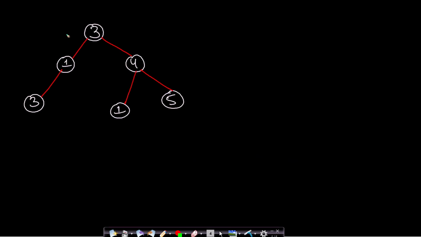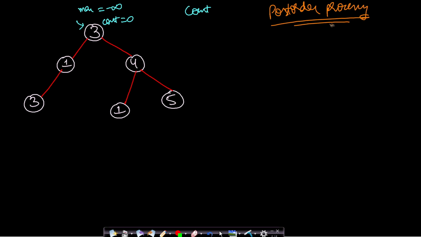So let us look at a dry run in order to get a better understanding. So at 3, what is the max value? The max value is, let's say, minus infinity, right? And let's keep the counter. So I will keep a counter here. So count will be 0 initially for this node. Okay. Now we will be making the left call from here. First we will make the left call, then we will make the right call, and then we will solve this. So this is kind of post-order processing. You can apply in-order processing or pre-order processing, depending on when you are processing the current node. Let us process the current node at the end.